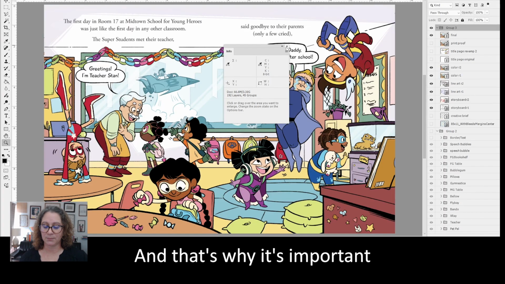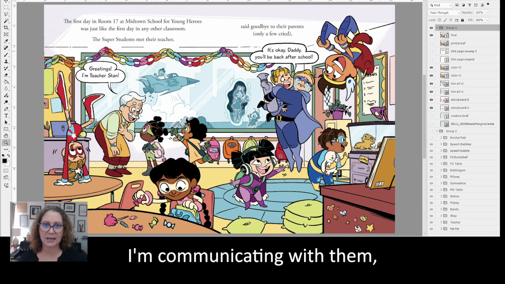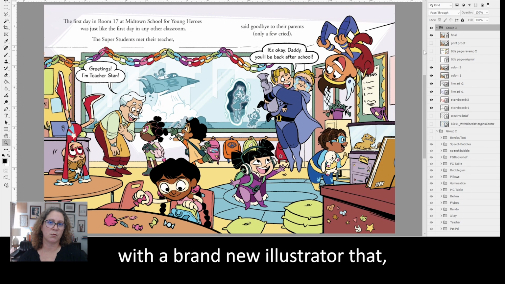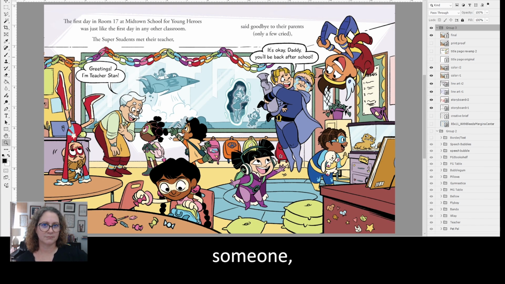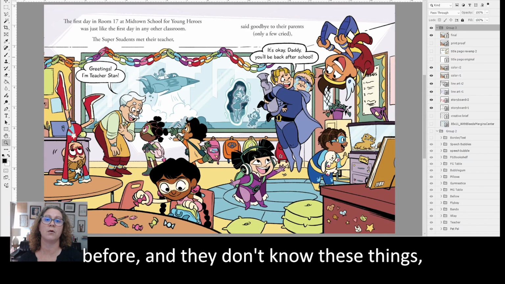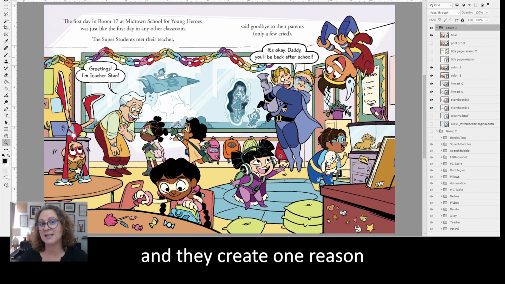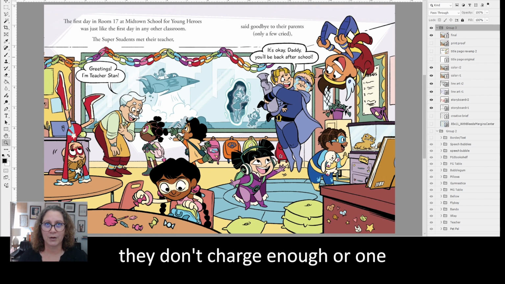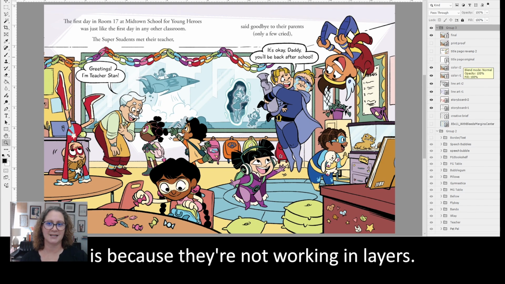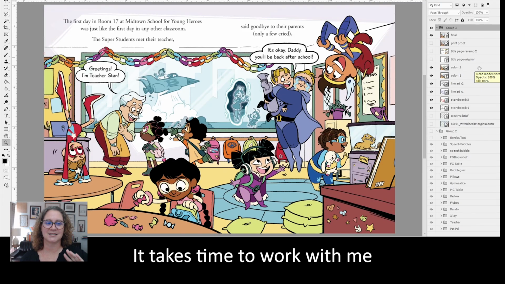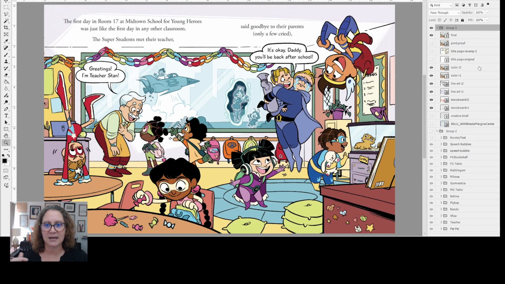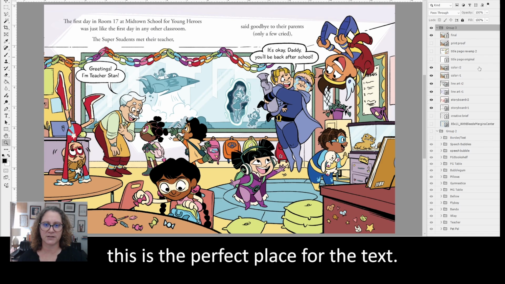And that's why it's important I'm interviewing the illustrator and communicating with them, especially if I'm working with a brand new illustrator who's never worked with a book designer before, or never worked with someone at my level. They don't know these things, and one reason they don't charge enough, or one reason their rates are low, is because they're not working in layers. It takes time to create all of these layers. It takes time to label them. It takes time to work with me to suss out, oh, this is the perfect place for the text, please do this to the art,